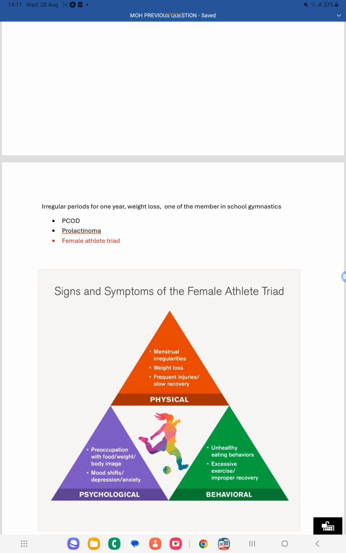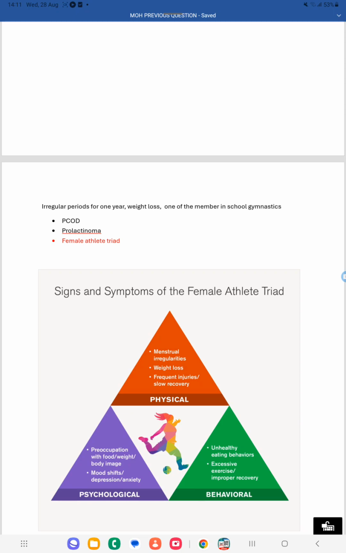Next question was a woman suffering with irregular periods since 1 year, weight loss is there, and she is one of the members in the school gymnastics team. Okay, so the options were PCOD, prolactinoma, and female athlete triad. The answer will be female athlete triad, because female athlete triad means those who are excessively doing exercises